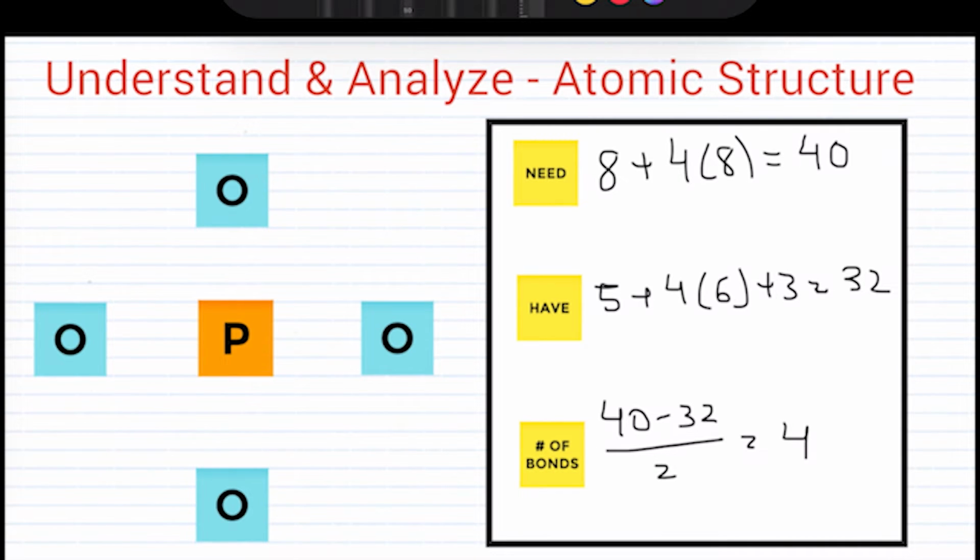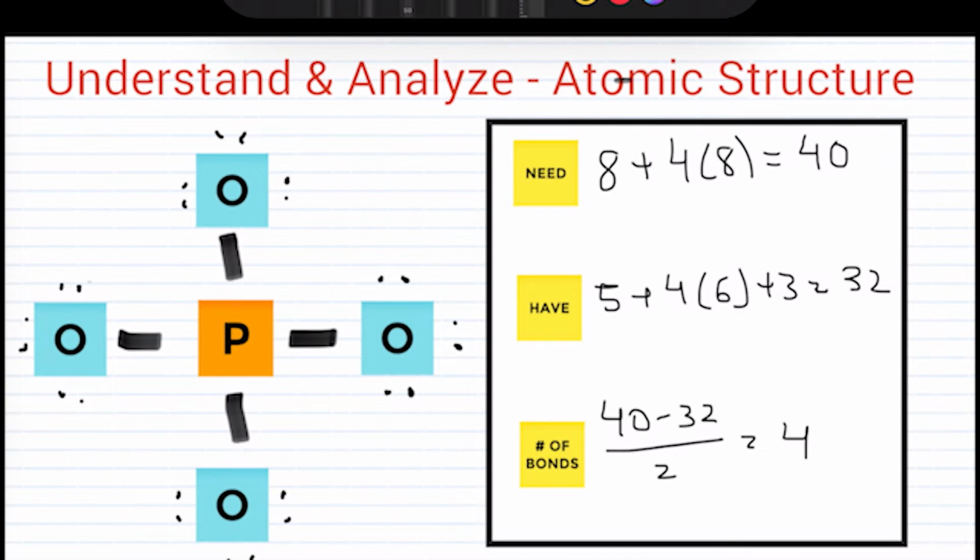Upon applying these bonds to our diagram, we notice that the central atom only has single bonds to each of its surrounding atoms. Remember that each of the surrounding atoms needs a full octet, so we will now draw in each of the pairs of electrons. As we draw, you will notice that the central atom does not have any drawn in electrons. This is because the bonds connecting phosphorus to the surrounding atoms already fulfill the octet requirement.